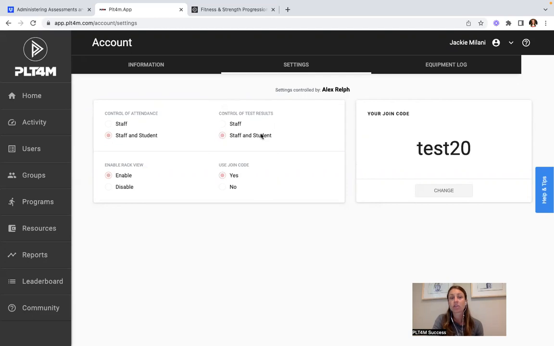adjust this setting, which is called control of test results. I can lock that to staff only, or I can open it up to staff and student. If you're noticing you don't have the ability to edit it like I don't, that just means it has to be controlled by the admin, who should be listed here. So I usually recommend as a school or as a staff that uses platform and shares platform, you'll want to kind of land on what you want this setting to be as a group and make those changes through the admin. If you were to lock it to staff only, students would not be able to log a test result